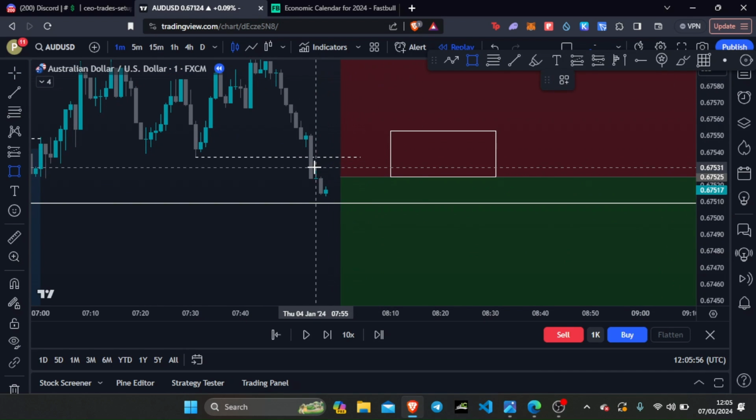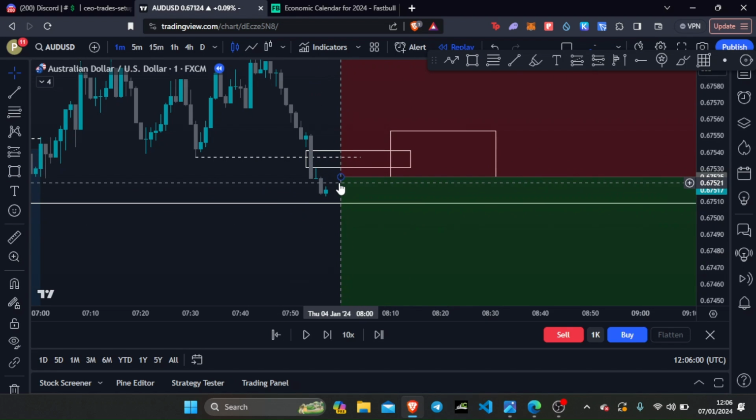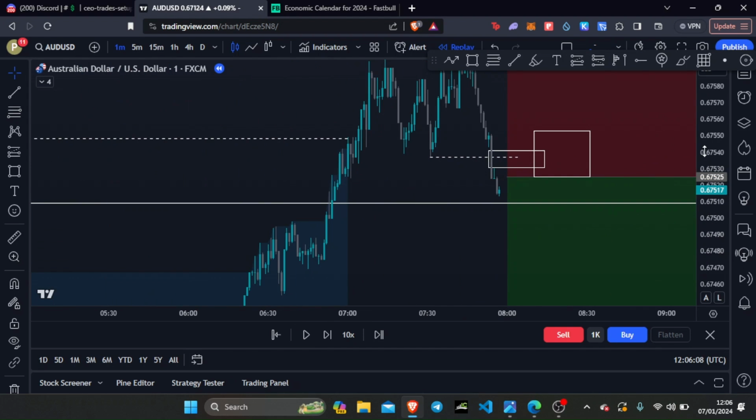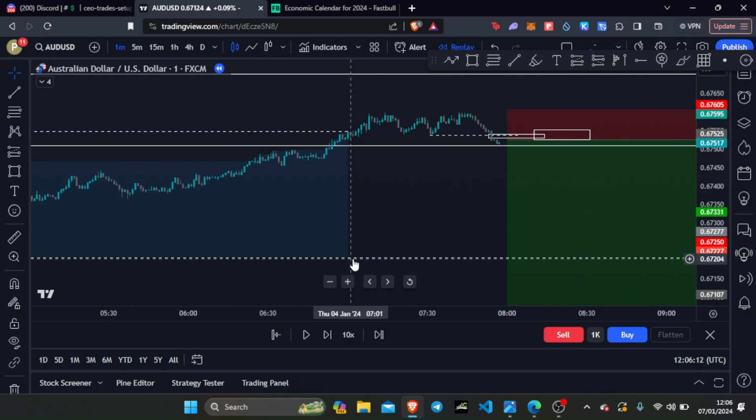So it's a little bit different because my broker tapped me in at a different place than this, because the spreads were a little bit different. So that's why I have my entry down here. But this is where the entry should have been, because this is our fair value gap that we're targeting. Our stops are now above the most local high, and our targets, as much as they should be right here,